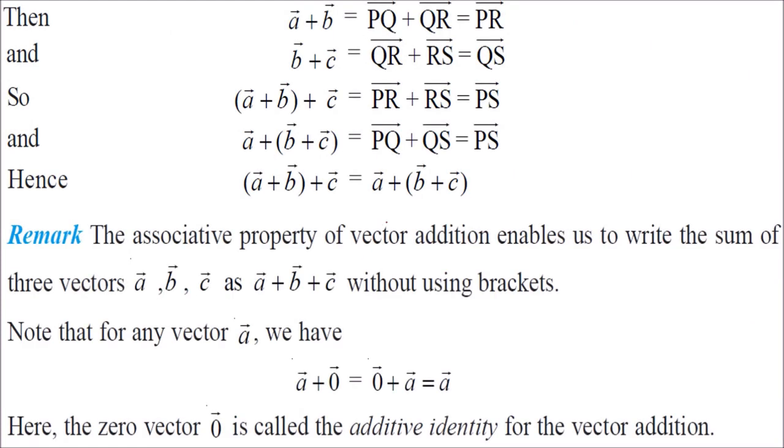One thing I would like to add here is the additive identity. If you take a vector, and it is added with some value, and you get the same vector, then this value is the additive identity, and this is none other than the zero vector.